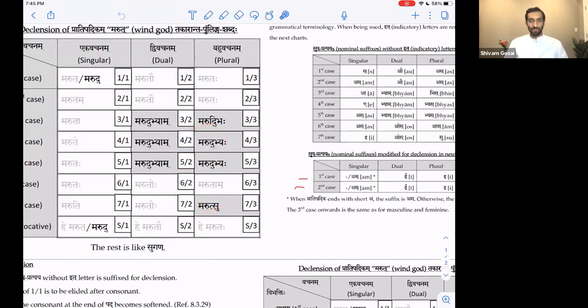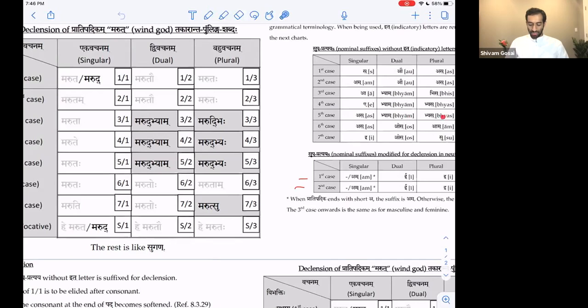We'll see that in a bit. But Marudbhyam, Marudbhihi, then Marut plus a is Marute, Marudbhyam, Marudbhyaha, Marut plus as, Marutaha,